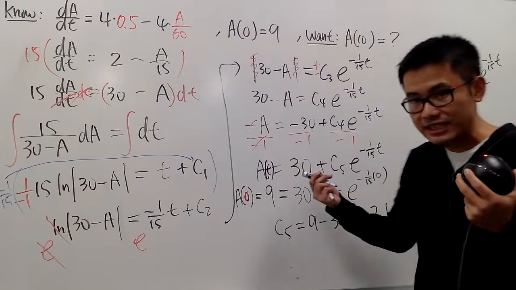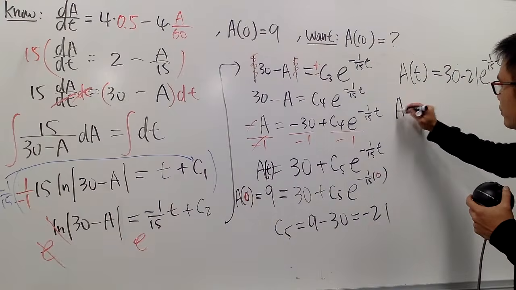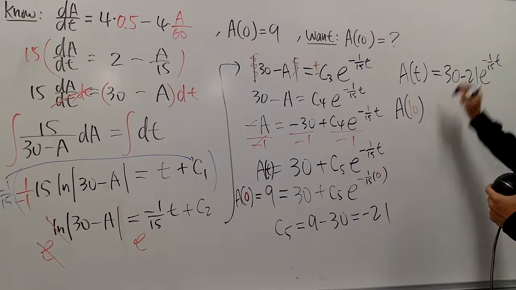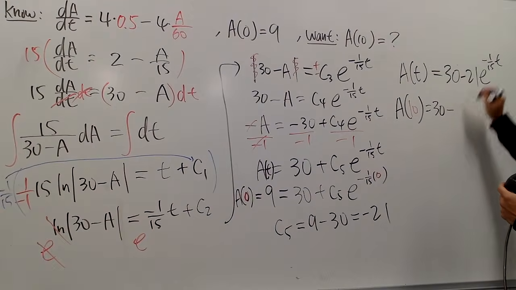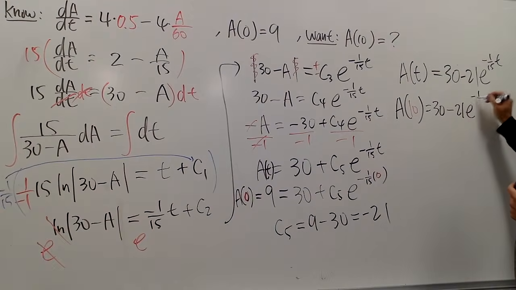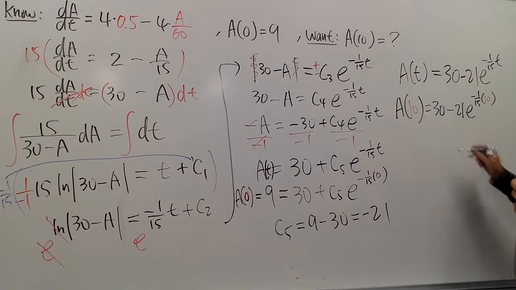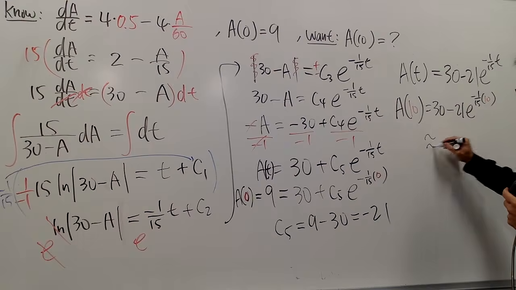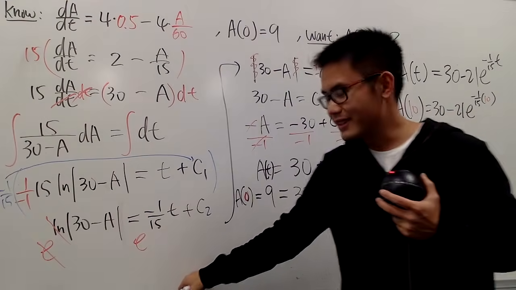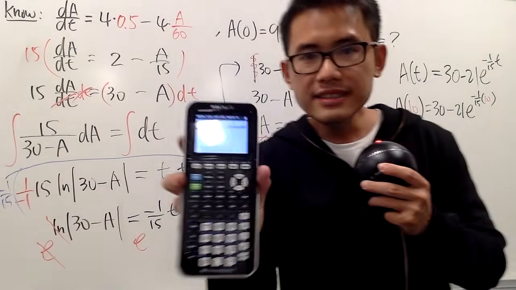Plug in 10. That's it. So at the end, we do a of 10. And this is 30 minus 21 e to the negative 1 over 15 times 10, like that. Use your calculator or whatsoever. I will use a calculator right here for you guys. And the answer that we have is